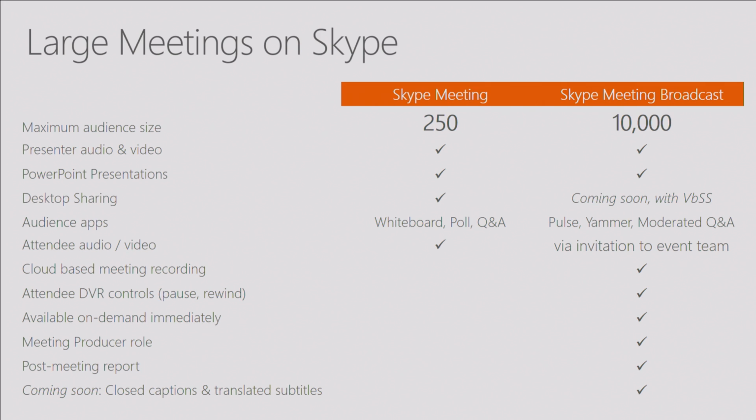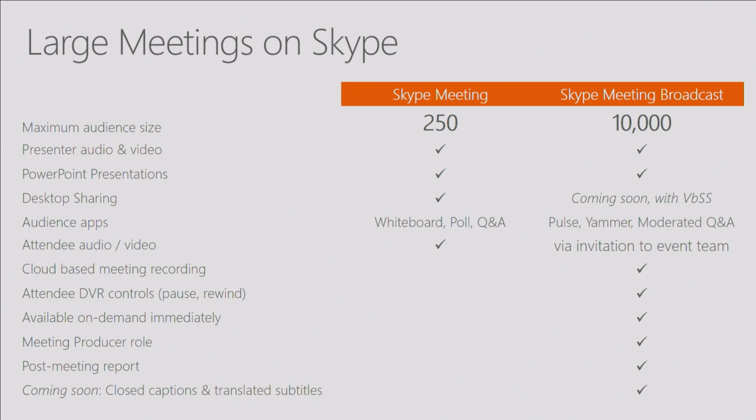Audience apps, kind of similar. So we don't do whiteboarding in broadcast, but we do polling, and we do Q&A. In fact, we have a moderated Q&A that we shipped just about two months ago now on the broadcast side. It lets a moderator on the event team watch questions as they come in. They can actually change the language slightly or add an answer. They can reply directly to the person who asked, or they can take the question and broadcast it out to the entire audience and kind of start a conversation around it. So that is now available, it's GA, or generally available, to everyone.